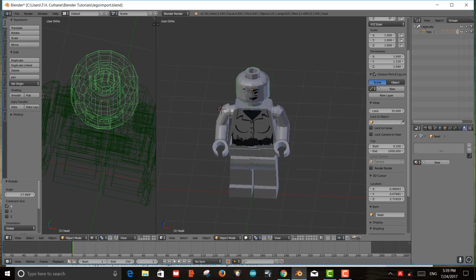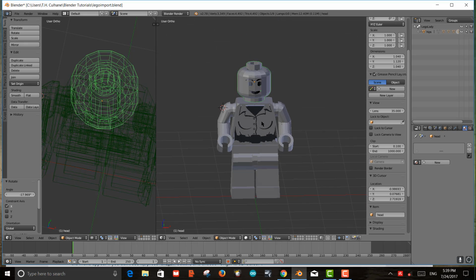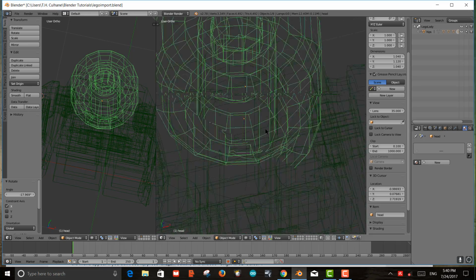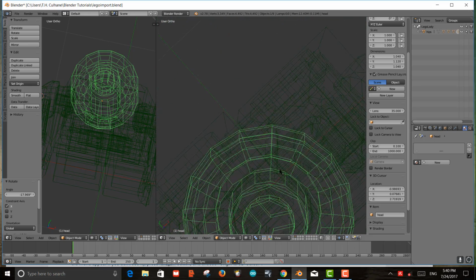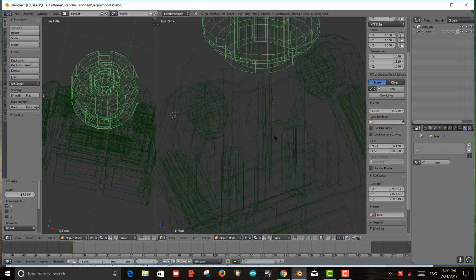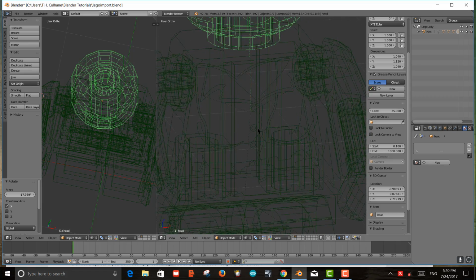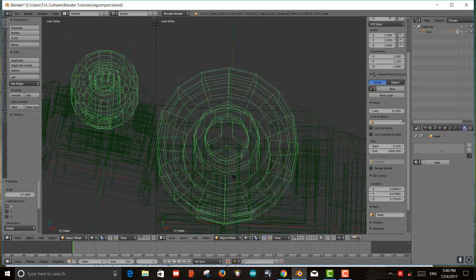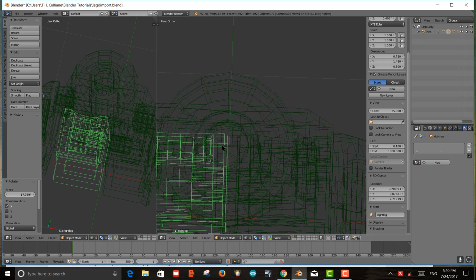Everything is awkward. So again, you'll want to go into this mesh mode here. It doesn't look like there's any good points to select for that. So this could be a problem. We could, I suppose,